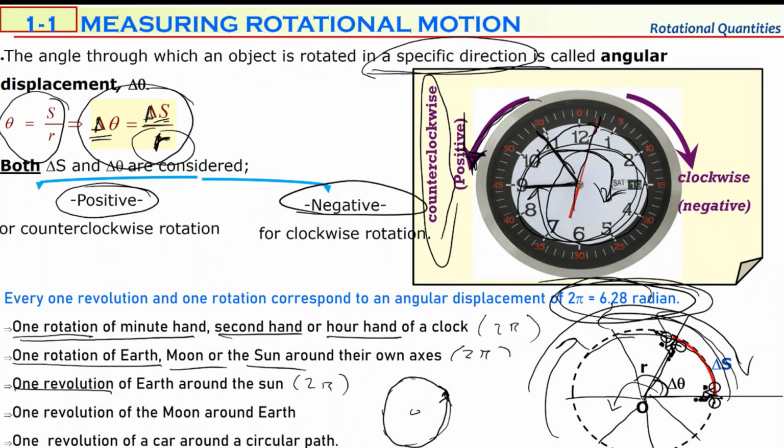One revolution of the Moon around the Earth, again 2 pi radian. One revolution of a car around a circular path: assume that a car starts from here, revolves, and comes to the same point again. It's again 2 pi radian. One revolution or one rotation of any object always corresponds to an angular displacement of 2 pi radian, which is 6.28